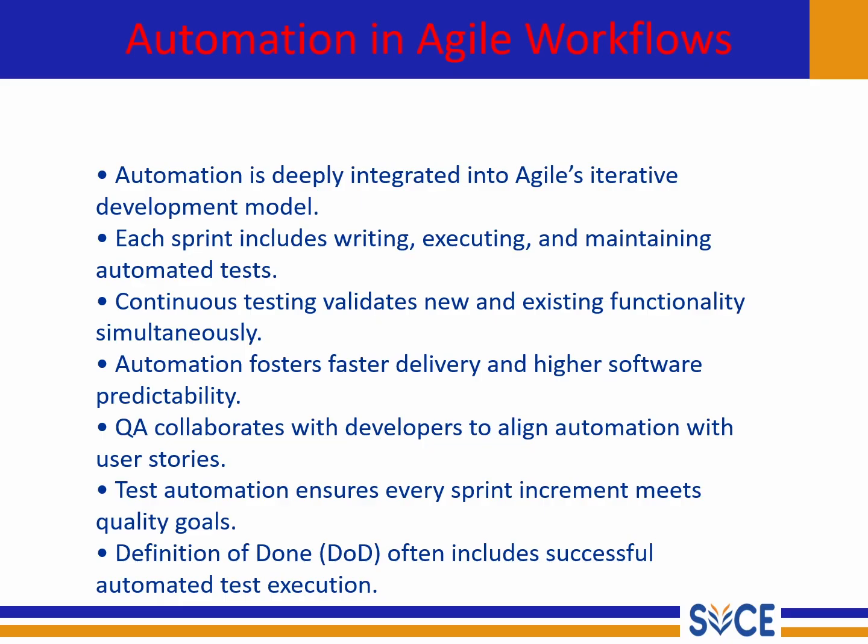Finally, many agile teams include automation as part of the definition of done. This means that a user story is considered complete only after the related automated tests are successfully executed. And next,